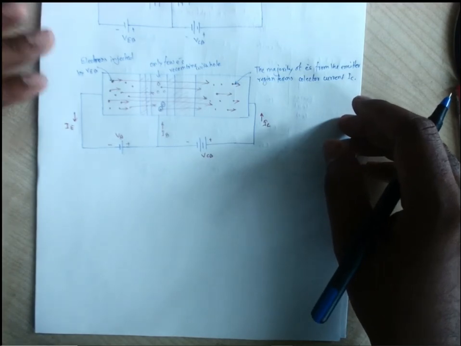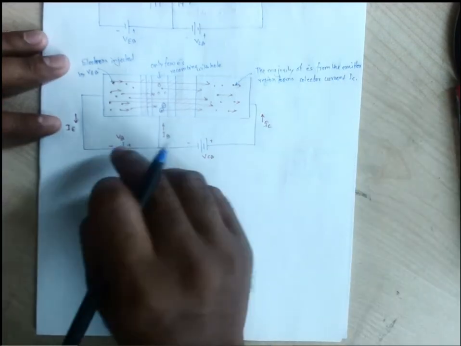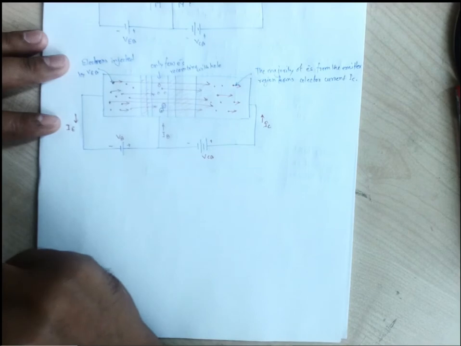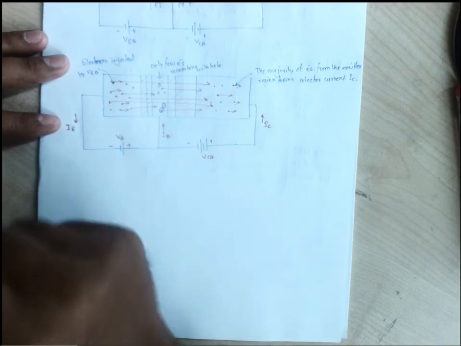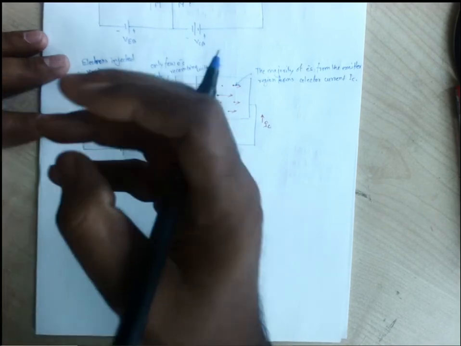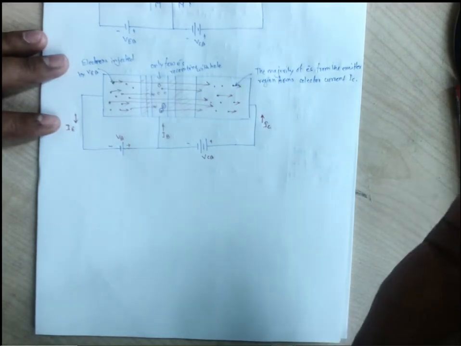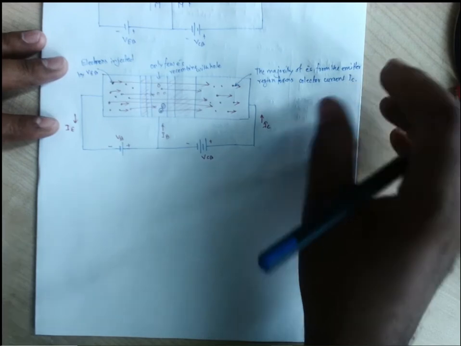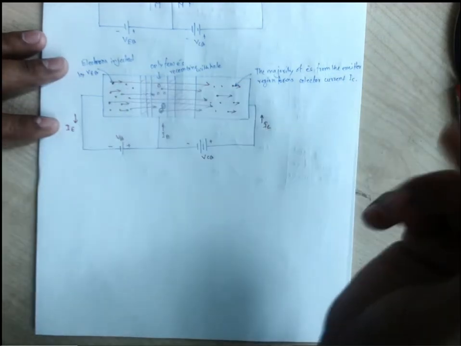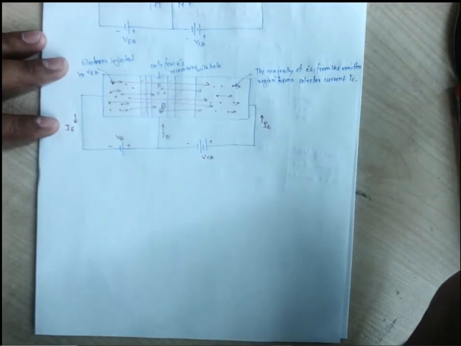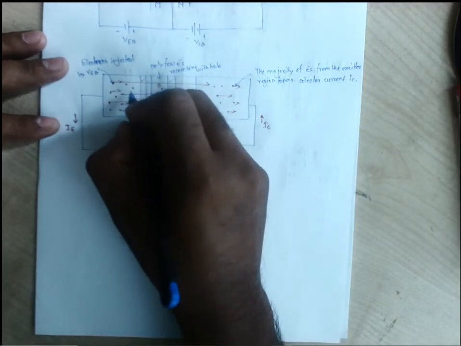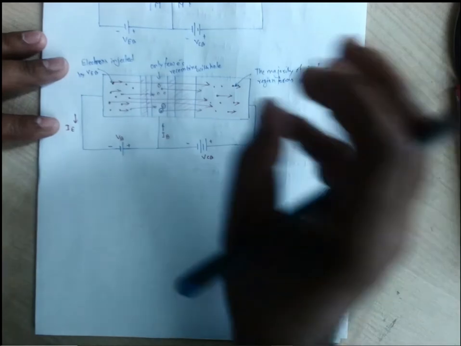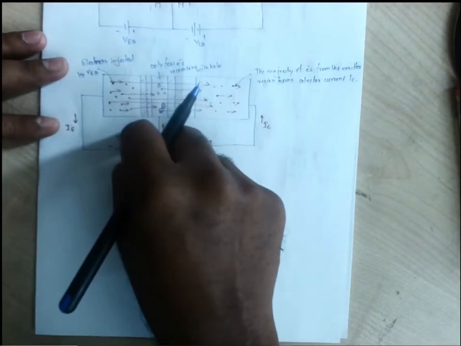So the main thing is that, first of all, these electrons get injected in the emitter region. Now in the emitter region, as they already have a quite higher amount of charge carriers, repulsion will take place. And you can also think that some diffusion will also take place initially. When the diffusion takes place, the depletion region has already been formed.